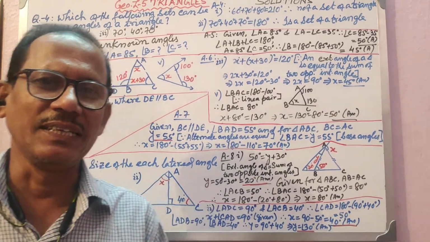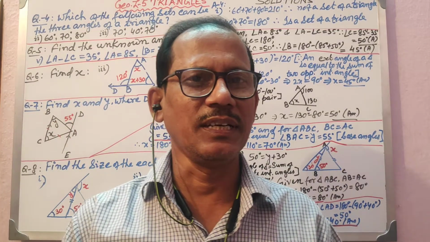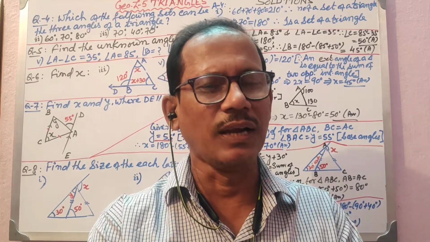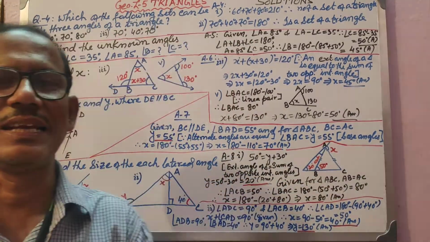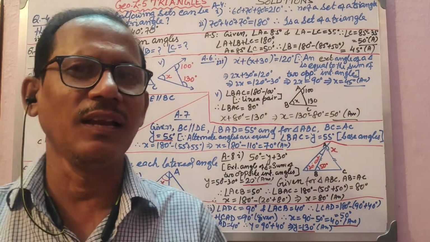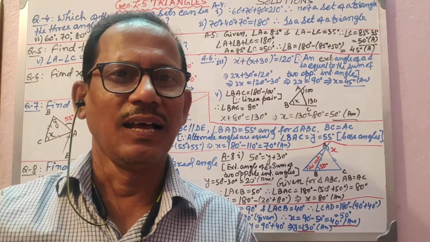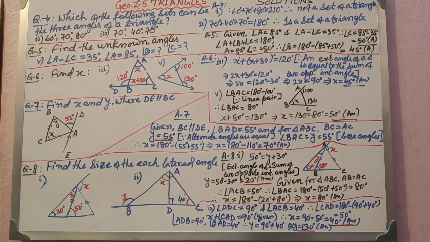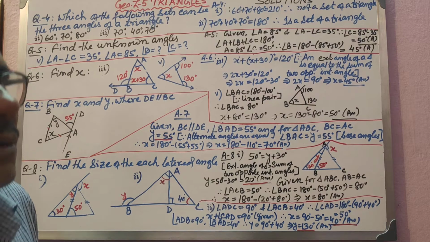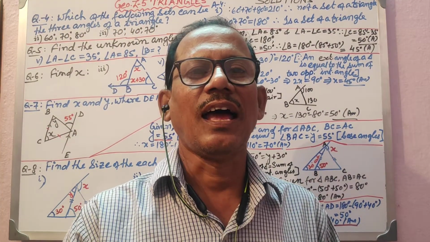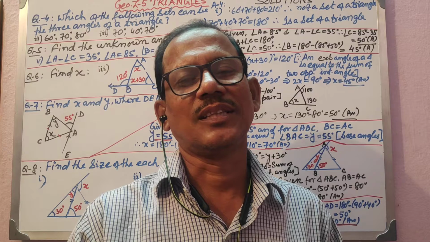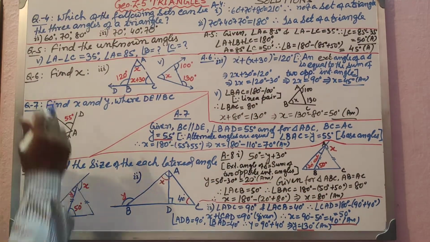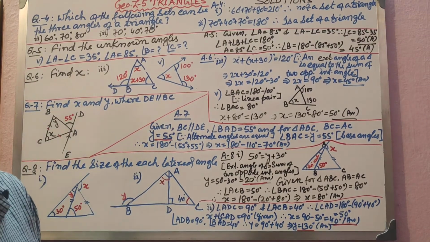See, it can be degree and minute, then the other one also can be degree and minute, and then altogether the summation has to be 180 degrees. It cannot be 1 degree more, it cannot be 1 degree less. It cannot be even 1 minute less or 1 second less. The summation has to be 180 degrees together. Similarly, the sum of two sides of a triangle has to be greater than the third side. Then only it can form a triangle. So let us see all the measures of the three angles given to you.